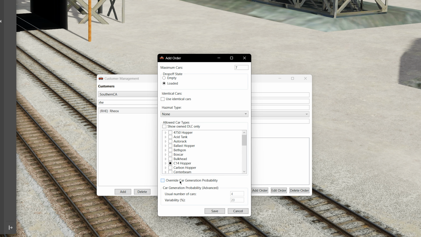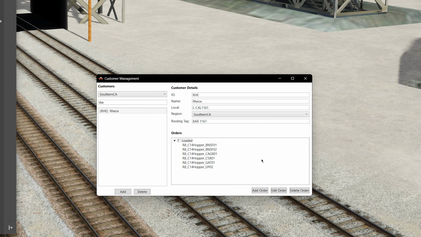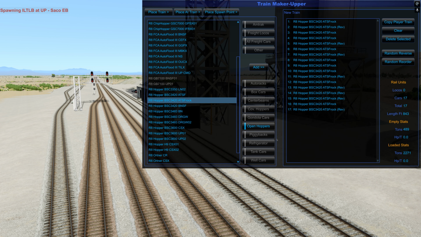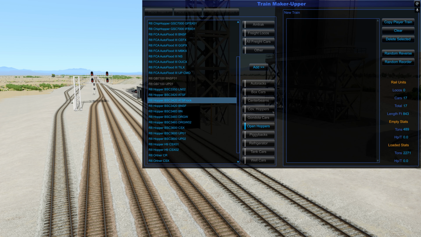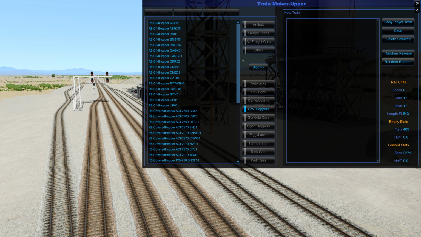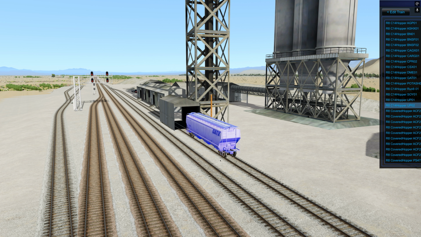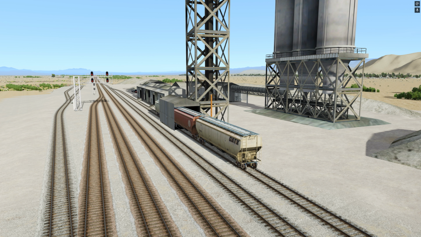And I'm not going to check this override car generation down here. We'll just leave it like this. So that all looks good. Now in here, let's put some down. So I'll go to covered hoppers, and it takes the GAT01. Let's do a BNSF02, and let's do a, what was the other one? GAT and a UP02. Let's do that. I'm going to right click this one to reverse it, just to make things a little different. We'll drop them down under here, hit escape, and now we got 3 there ready for us to pick up